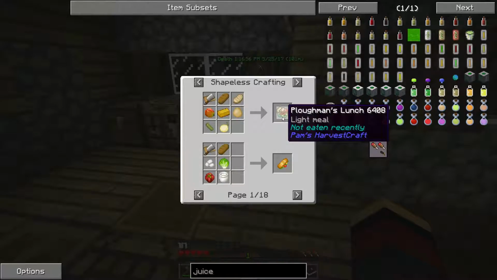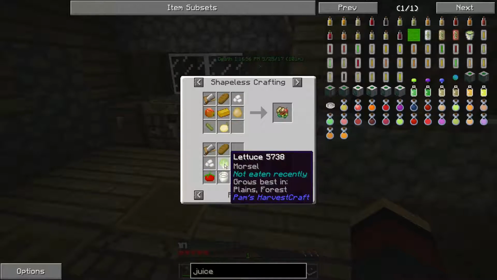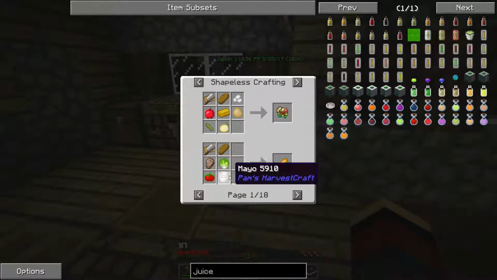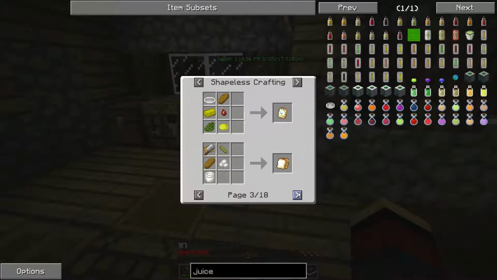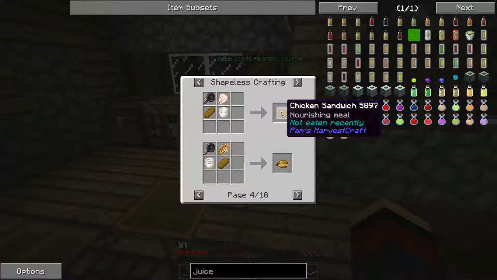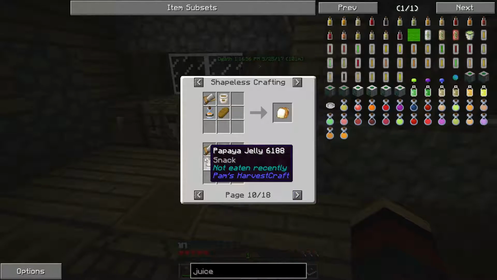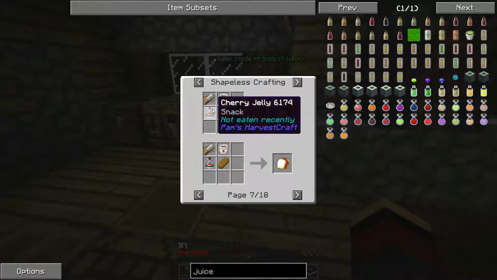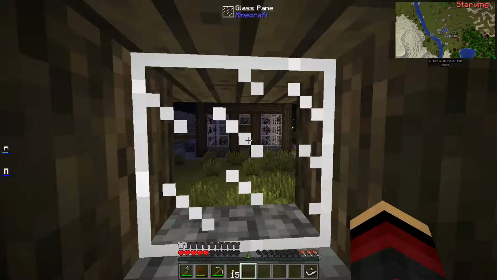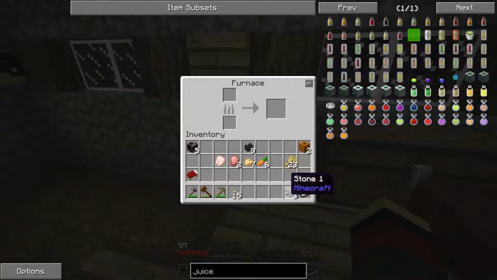Oh my god, a light meal is still very bad. There we go, a foot long. We need tomato and lettuce and a cow farm. What is this? That's still bad. Fish sandwich. Chicken sandwich. Guess if we get a chicken farm going. Oh, it's freaking nighttime. Of course it's nighttime. Okay, so